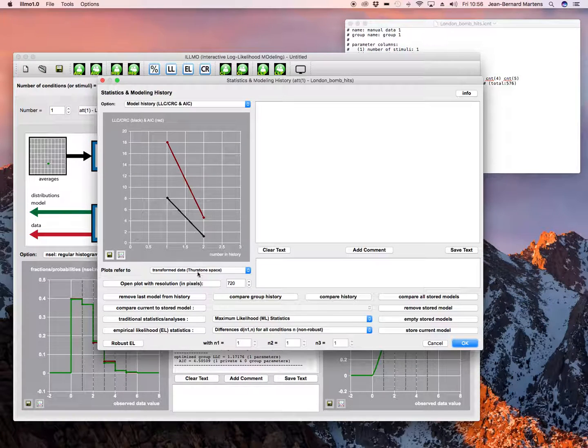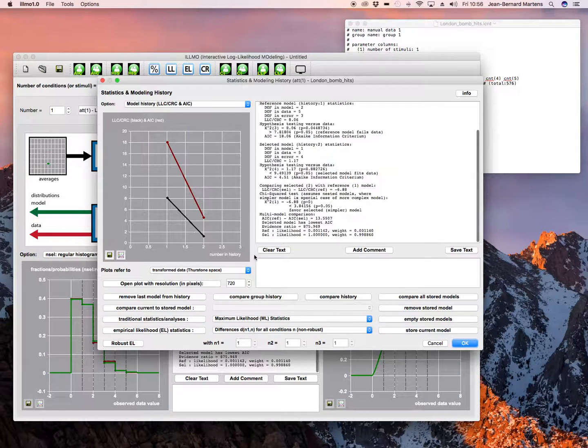We can verify that by asking for the maximum likelihood statistics, and by the way we can also see the improved fit by the fact that the log likelihood criterion goes down, which is the black curve here. Another way to see that it goes down is to look at the data. So we see that for the original model